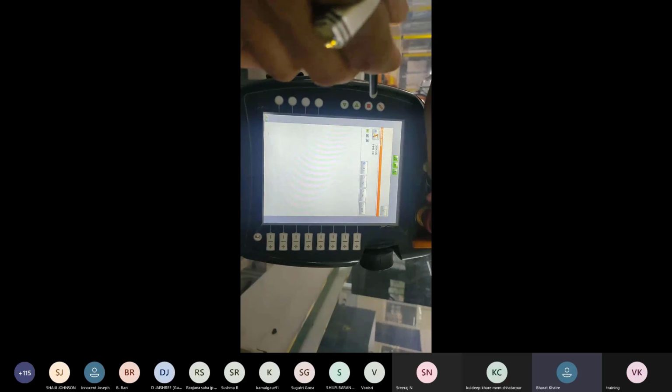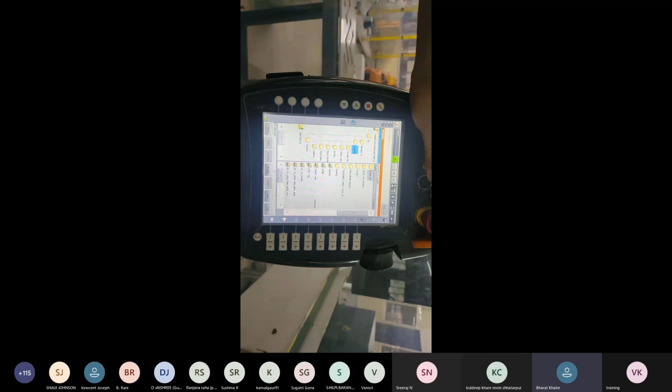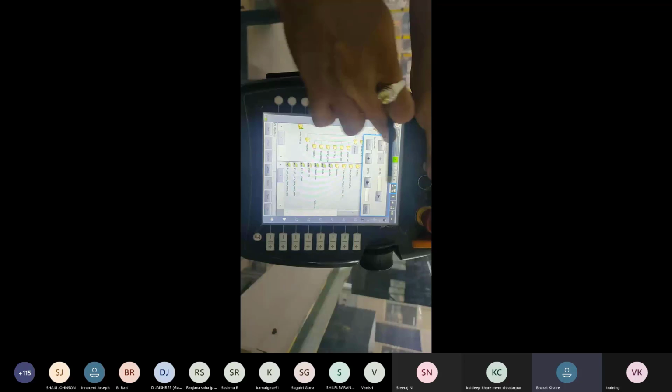So if the program task is completed, the R color will be converted to black. So from start to end, the program is over. And then we are watching some speed buttons here.